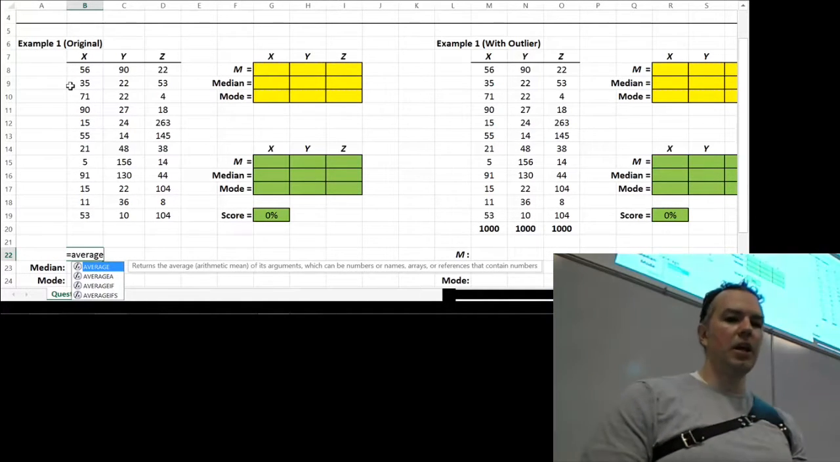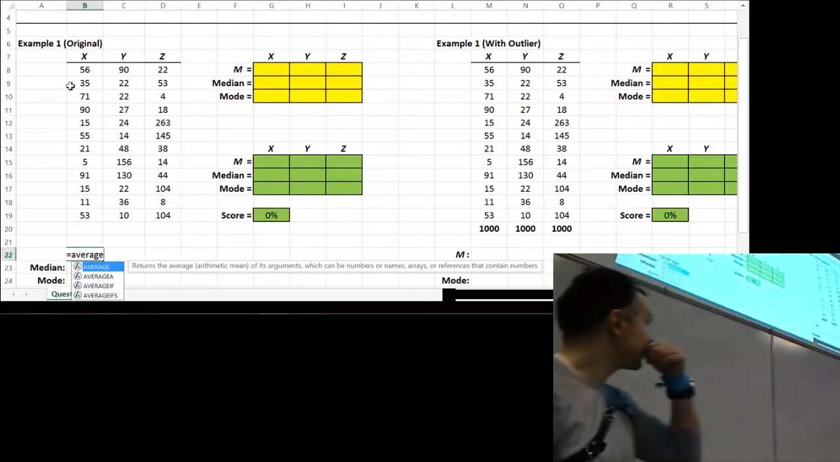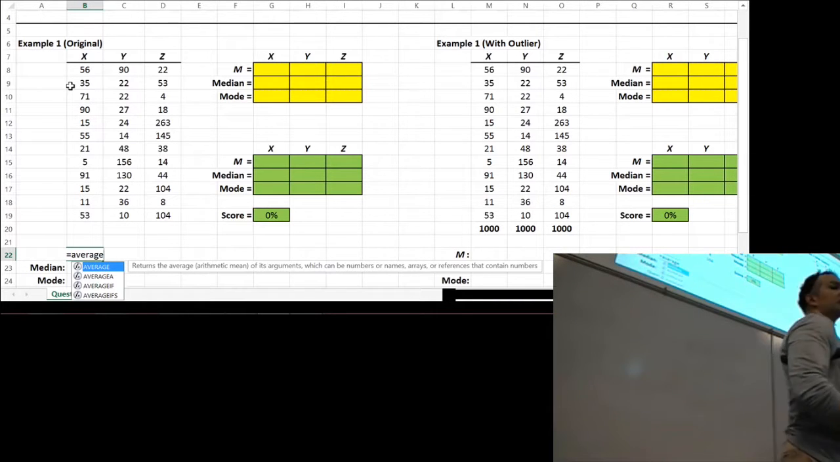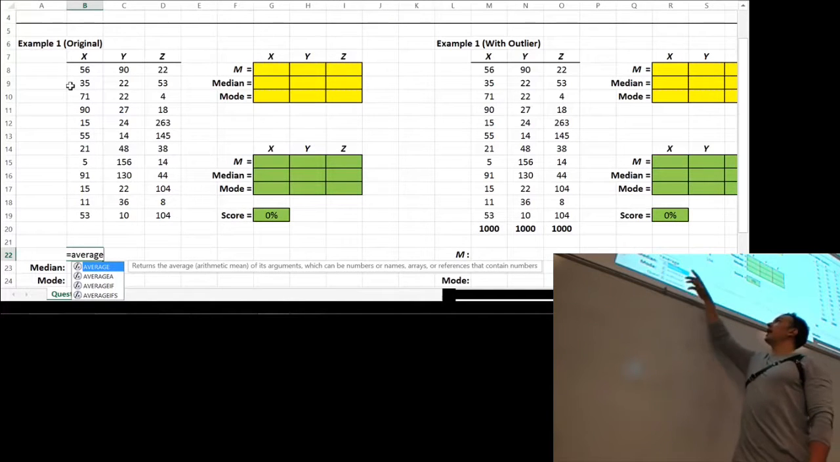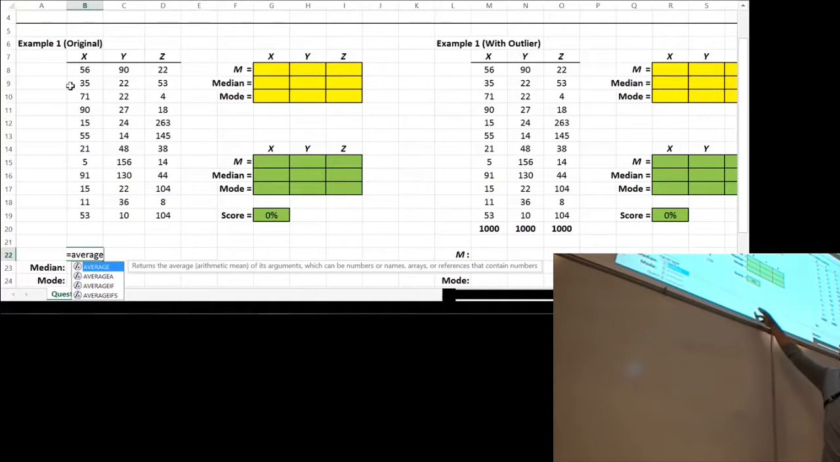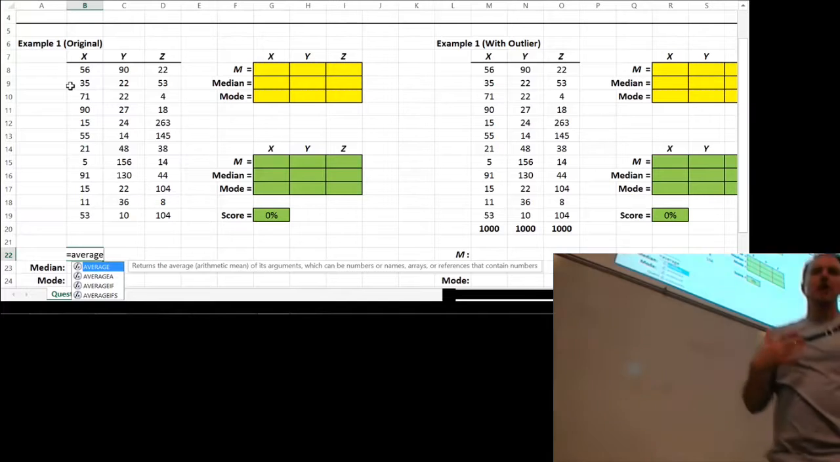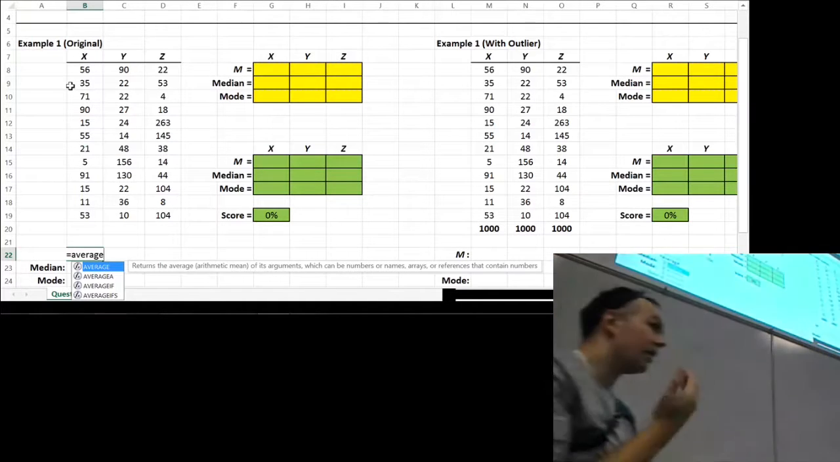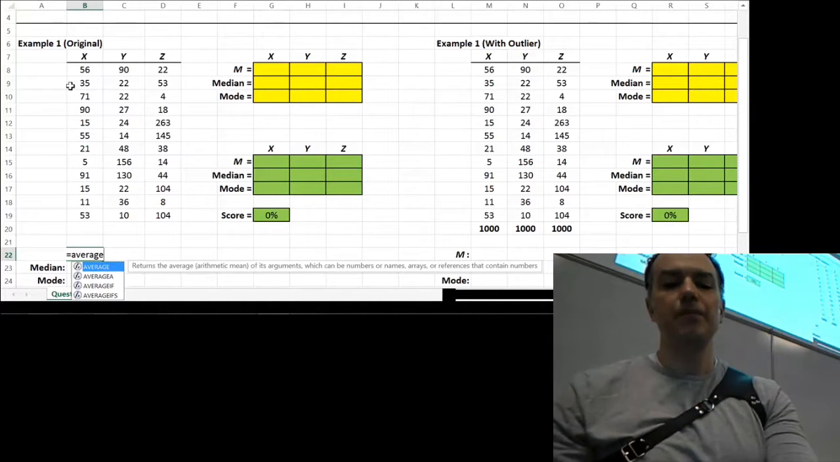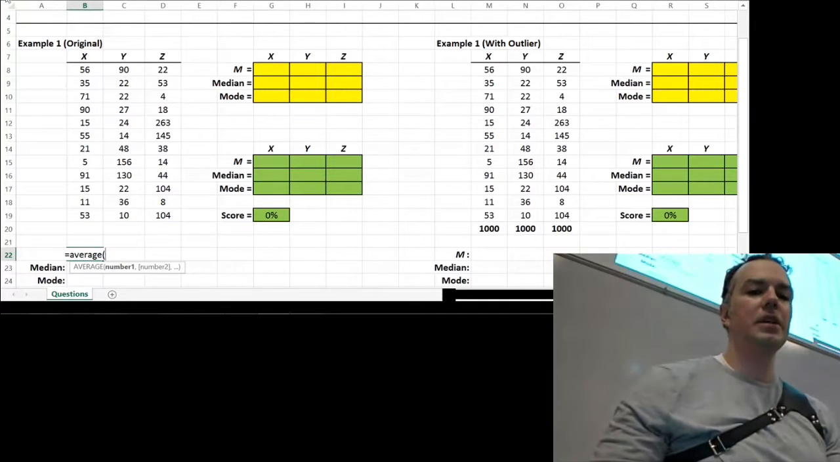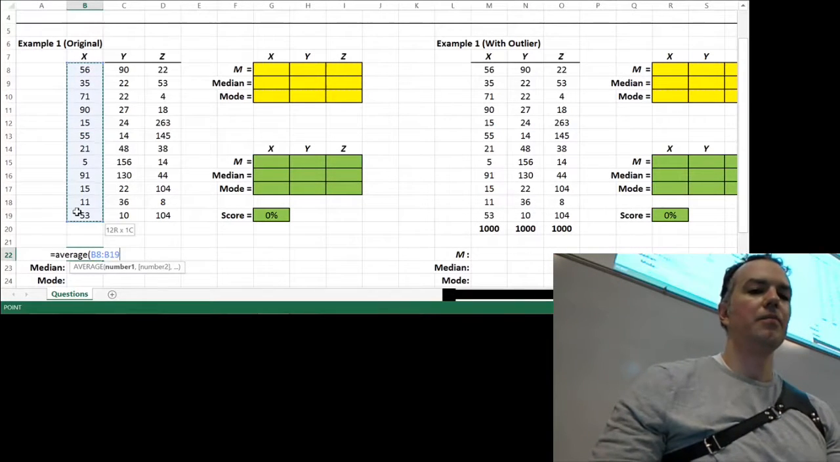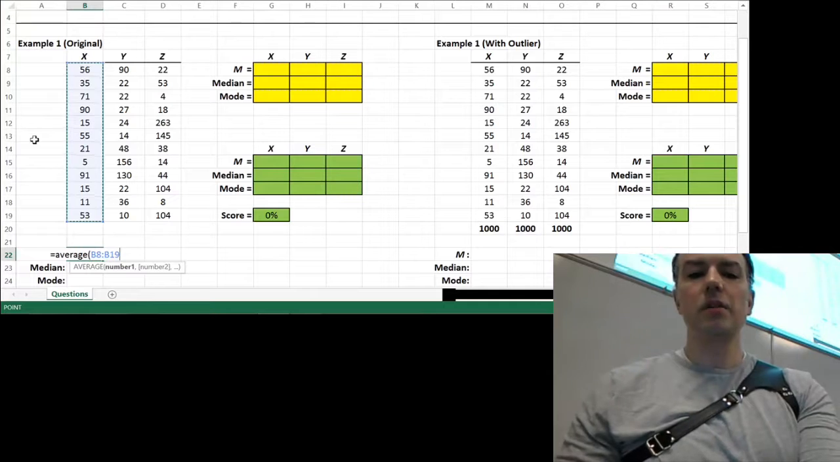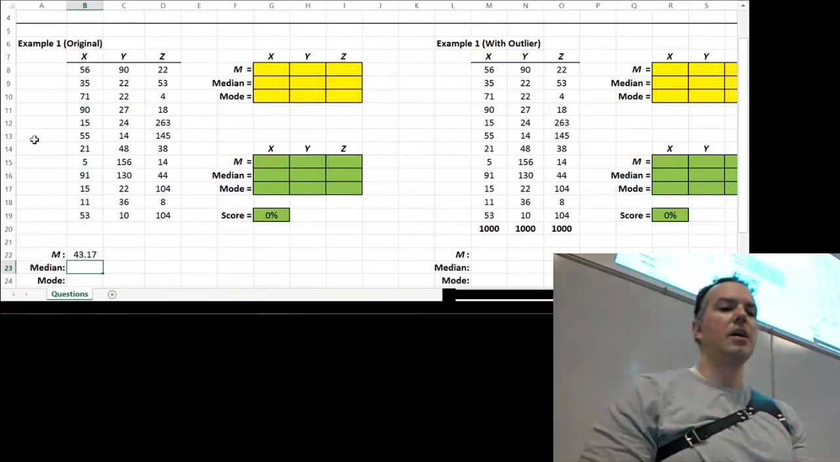All right, so we put in equals average. And once again, Excel is being really nice to us, and it's popping up this little message here. It says this formula, average, returns the average, the arithmetic mean, of its arguments, which can be numbers or names, arrays or references that contain numbers. So the definition backs up what we want to do. So we open up our parentheses, we highlight our X scores, close those parentheses, hit enter, and we get a